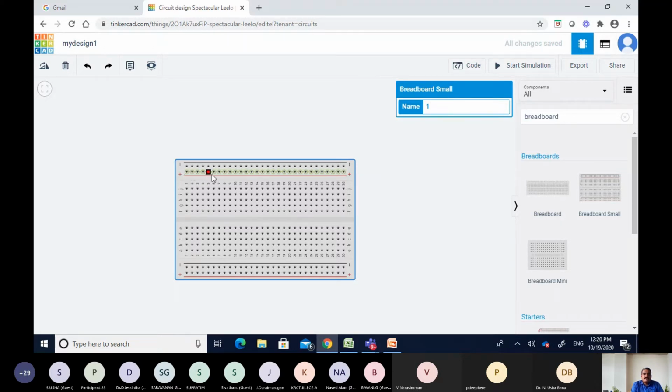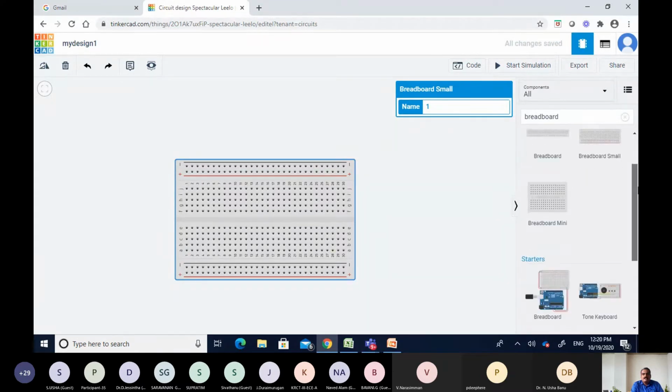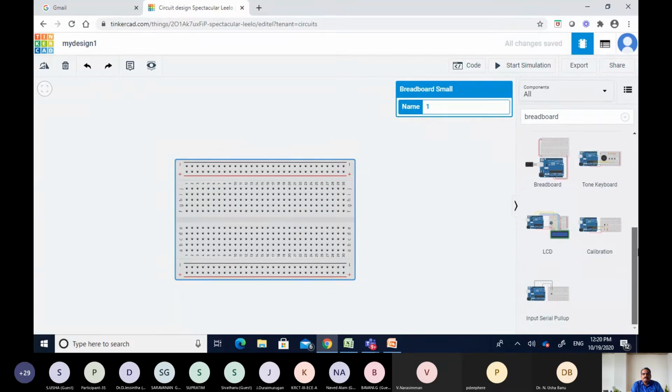So it shows that this row is fully connected. If you make a mouse over this column, it shows that all these are interconnected, right? So if you would like to make a connection from this end to this end, then we have to do it with the help of a wire. Okay, yeah. So next what we have to do, we have to take the NAND gate.